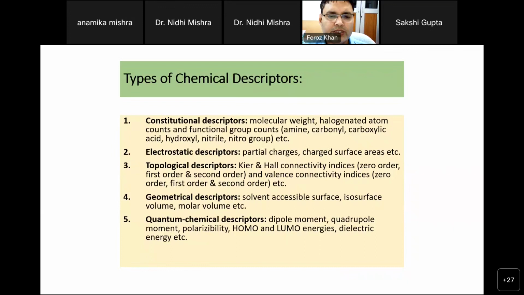He related this relationship in terms of a multiple linear regression equation, y is equal to mx plus c, where y is log 1 by C, the concentration, and mx is the chemical property, the independent variable log P. Other factors are also involved as per the Hansch equation, such as the substitution constant or molecular coefficients. This was the first relationship developed by Hansch in 1969, and you see that for the first time chemical descriptors came into the minds of researchers.